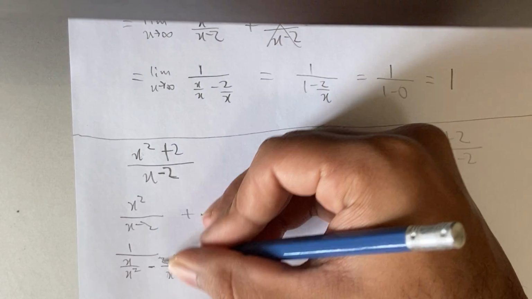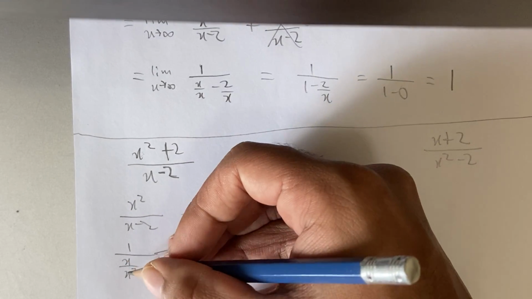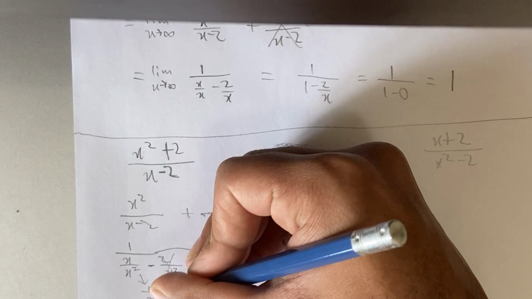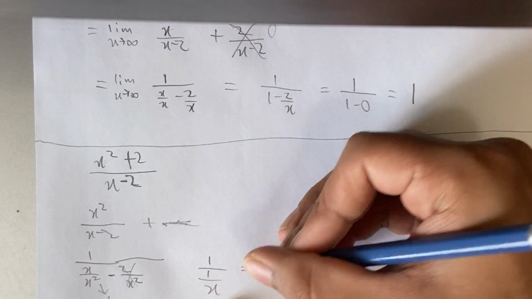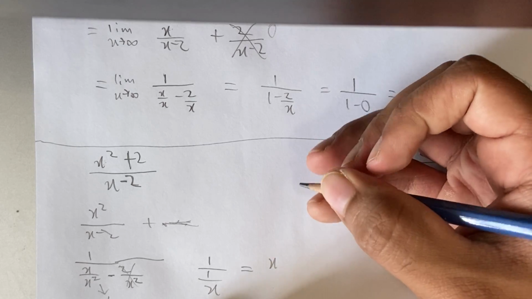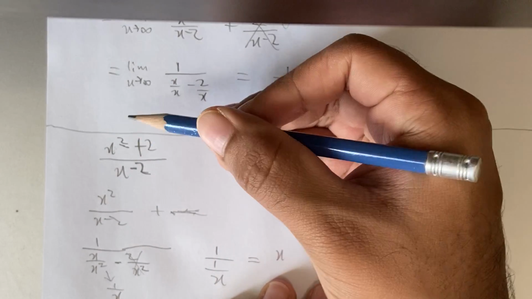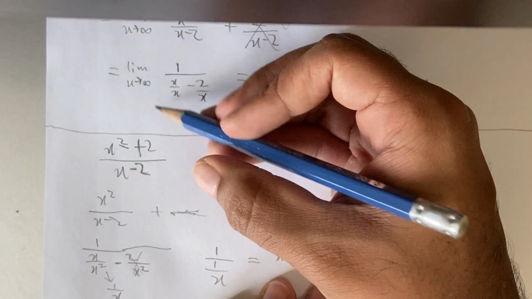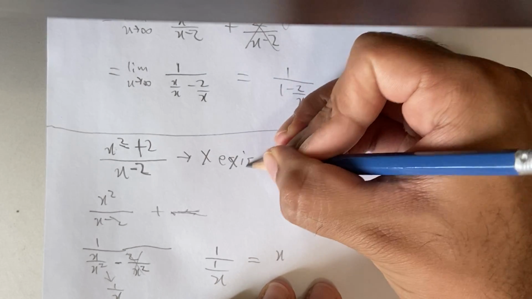We can ignore the second part now because it is 0 anyway. But over here we get 1 over x, which tends to x. Therefore, if the top has a higher power than the bottom, then the horizontal asymptote does not exist,